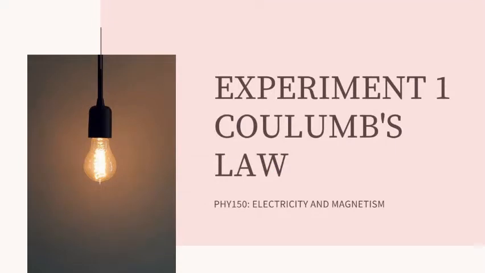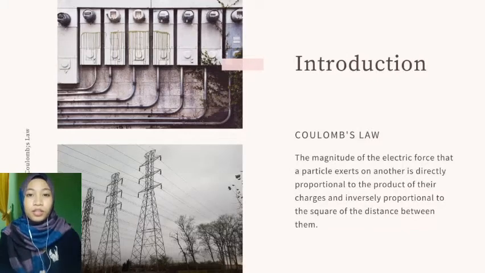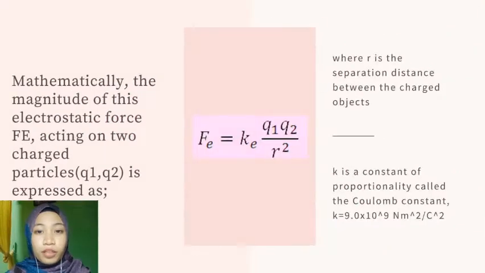Experiment 1. Coulomb's Law. Introduction. Coulomb's law states that the magnitude of the electric force that a particle exerts on another is directly proportional to the product of their charges and inversely proportional to the square of the distance between them. Mathematically, the magnitude of the electrostatic force acting on two charged particles, Q1 and Q2, is expressed as